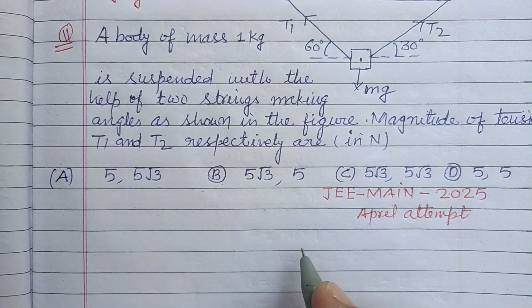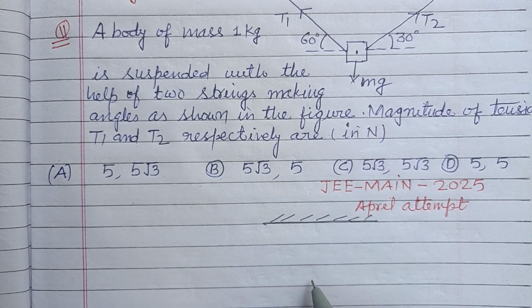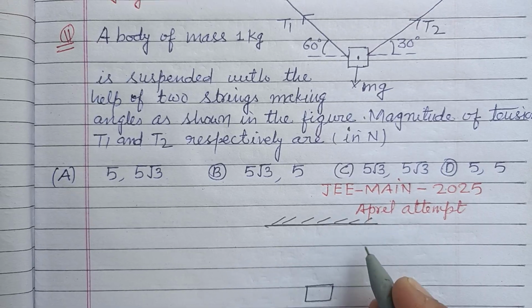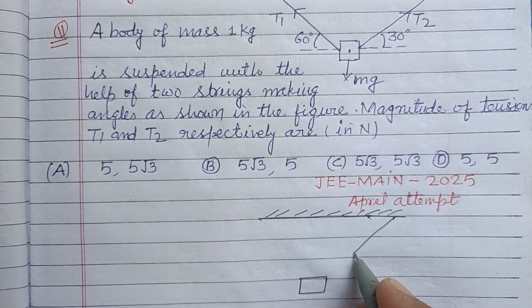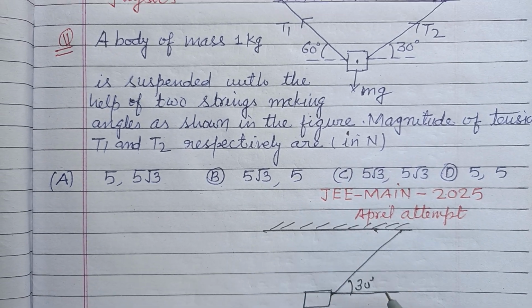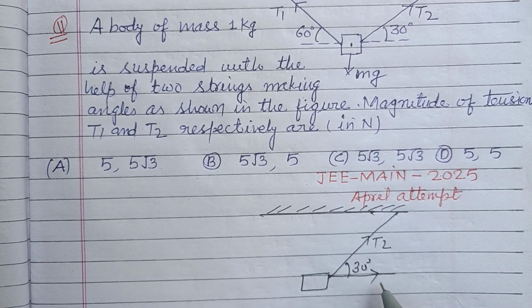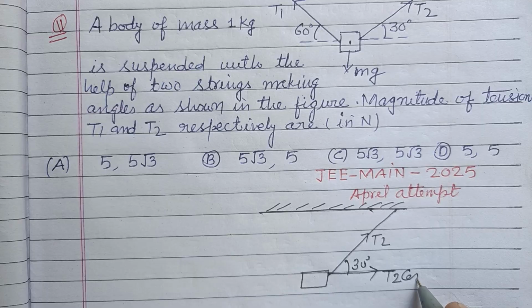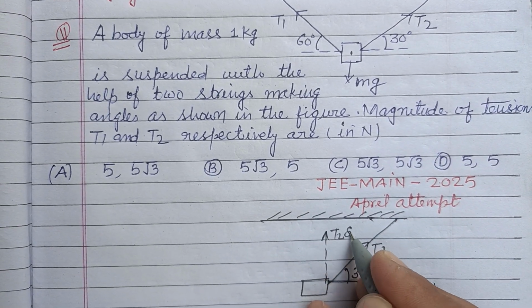So student, this is the body which is hanged with the two strings. One is making angle 30 degree with a horizontal and its tension is T2. We resolve this tension T2 cos 30, and in this direction it is T2 sin 30,